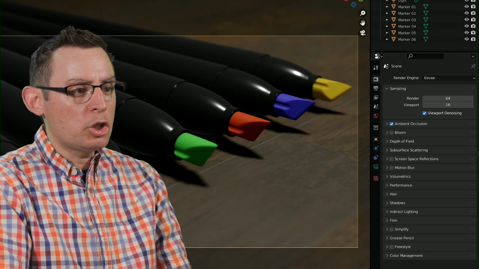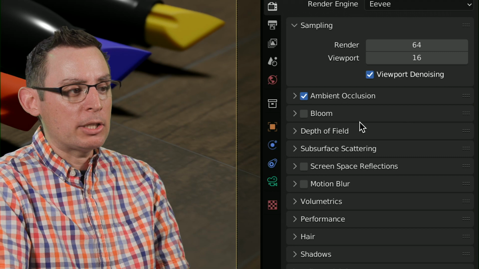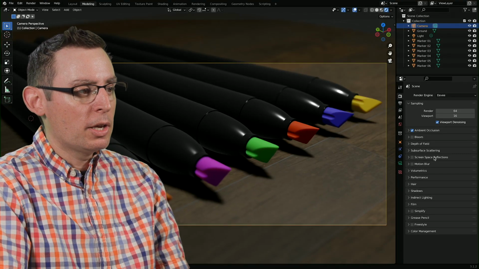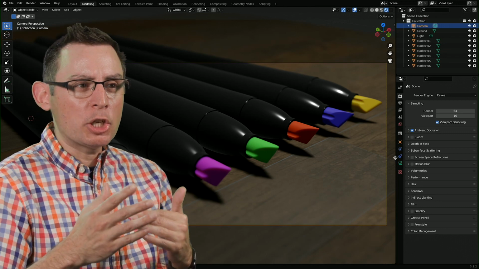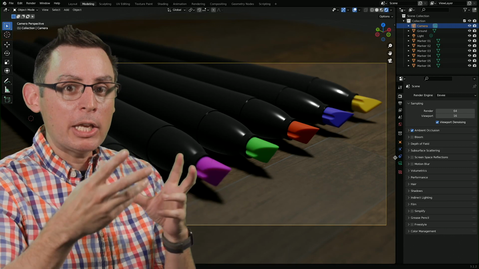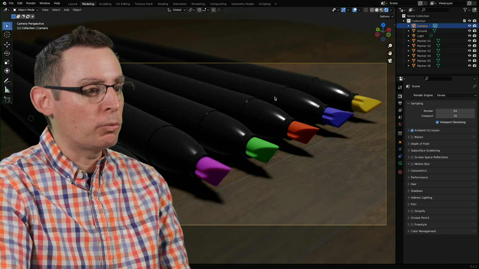You can continue to adjust your depth of field quality settings right here, but check this out. Screen space reflections. Right now, the Eevee rendering engine isn't a physically accurate rendering engine. It's kind of faking the relationship between all of these objects inside the render itself.